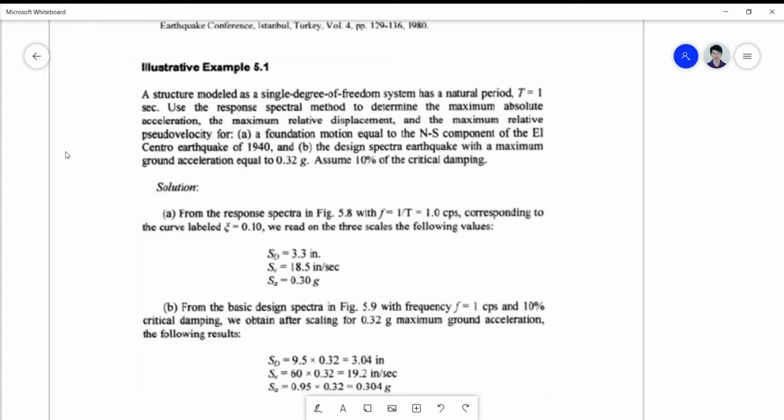So, a structure modeled as a single degree of freedom system has a period equivalent to T equals 1 second, and we are asked to use the RSM or the RSA to determine the maximum absolute acceleration, relative displacement, and relative pseudo velocity. Okay, so I'd like to point out one thing about why this is absolute. Okay, for displacement class,